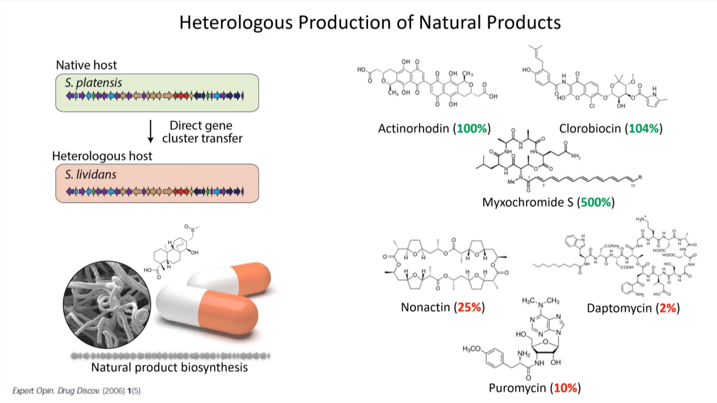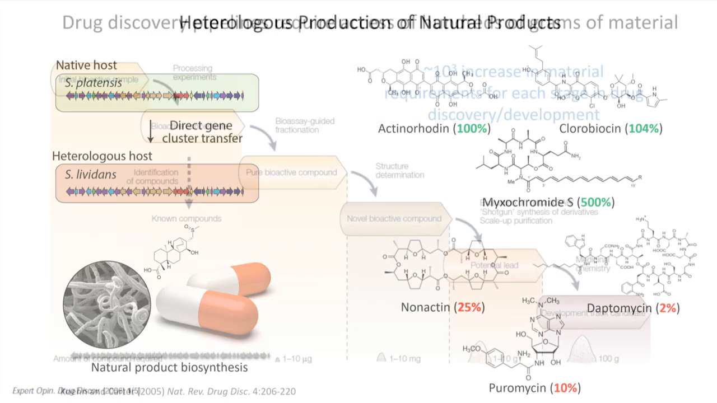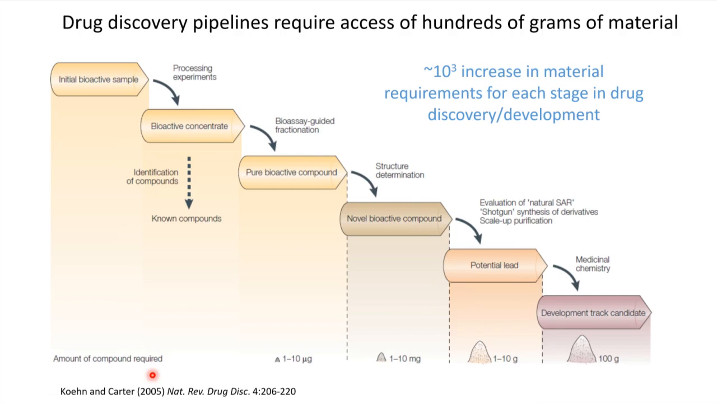Another review published around the same time highlights the amount of compound required at different stages in the drug development pipeline. If you have a molecule and you want to know, is it bioactive? Does it have antibiotic activity, anti-cancer activity? You can normally do those tests with only microgram quantities of the molecule of interest. If you want to determine the structure of that molecule, you need roughly a 3 order of magnitude increase, normally milligram scales. To perform initial structure activity relationship studies, where you modify the chemical structure and see how that affects its activity,